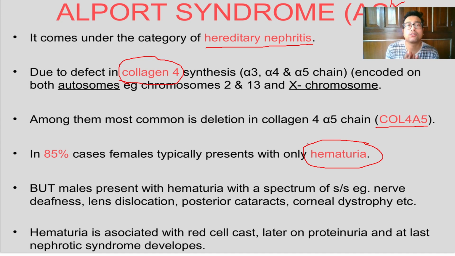If you are being taught quantitative abnormal constituents of urine, you will know the benzidine or orthotoluidine test is used to test for hematuria, blood in urine. But apart from that, the main complaint being hematuria, other problems are sensorineural deafness, nerve deafness, lens dislocation, that means eye lens dislocation, and problems in the cornea, because those are all connective tissue organs, and generalized connective tissue is affected. Whichever organ has basement membrane will be highly affected. And later the hematuria patient will develop red cell casts, which will be taught better in pathology.